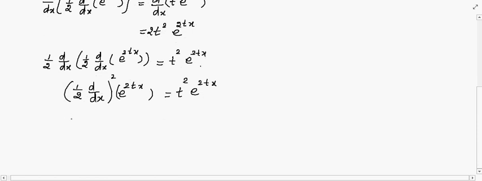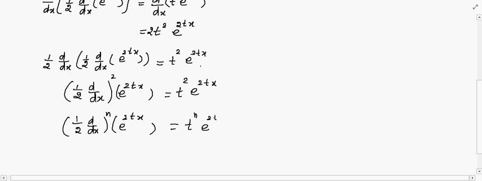Proceeding like this, we can say 1 by 2 d by dx of whole power n e power 2tx is equal to t power n e power 2tx. (star)